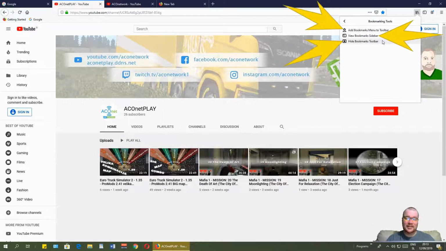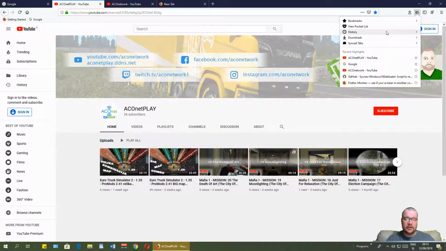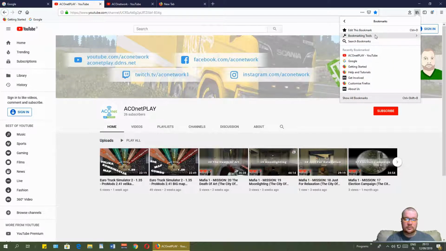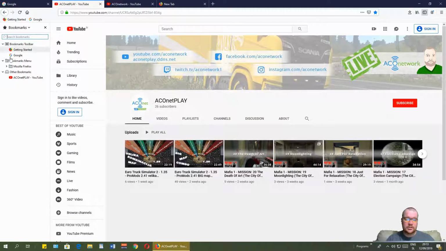three possibilities. I already told you about Bookmarks toolbar, how to show it or hide it over here, but I also have add bookmarks menu in toolbar, which shows you this button over here, and you can access the bookmarks right here. Second is, if I go under bookmarks tools again, we go to view bookmarks sidebar, which is this